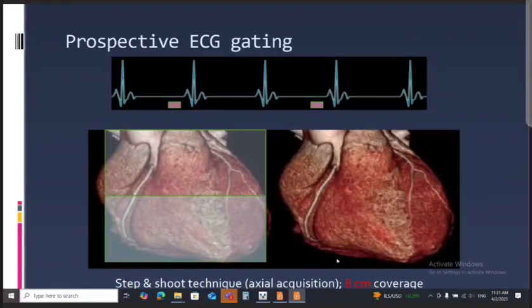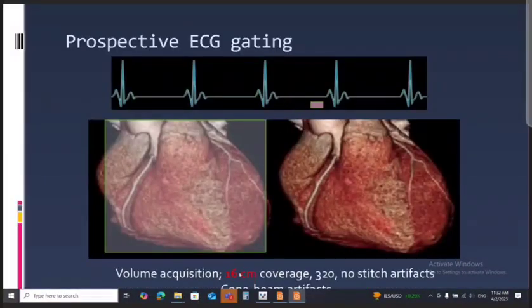The condition is better with the scanners covering 8 centimeter per rotation, like the scanners of 256 channels, and we have only one interposition line here in the middle of the heart, and we need 3 sequential cycles with extreme regularity. In cases with single acquisition, cases with